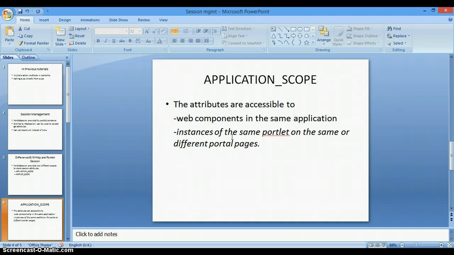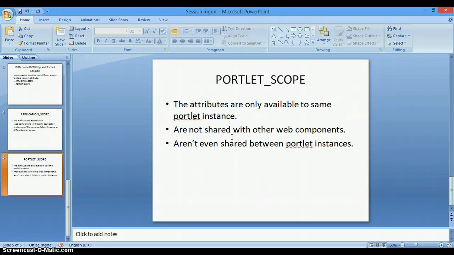It hardly matters. Another one is portlet scope, which is specific to a particular instance only. If you set a session attribute in a particular instance of a portlet, then that session attribute will be available to that particular instance only.